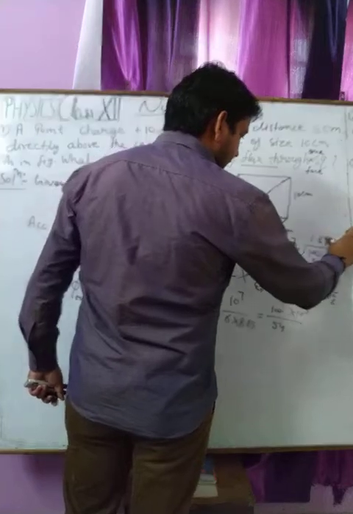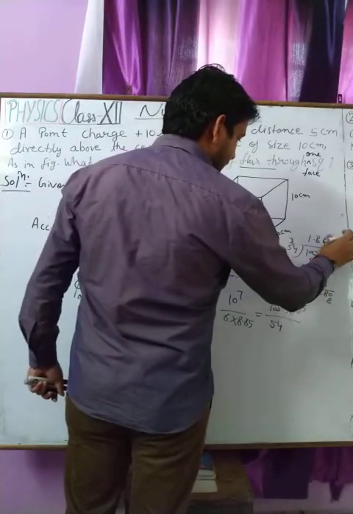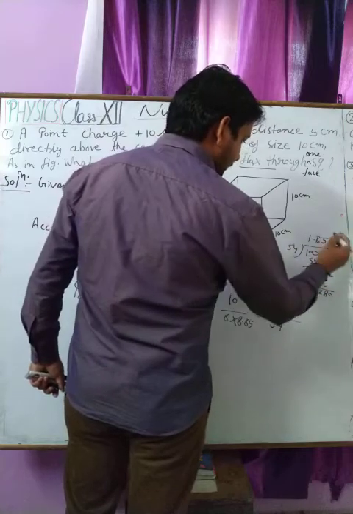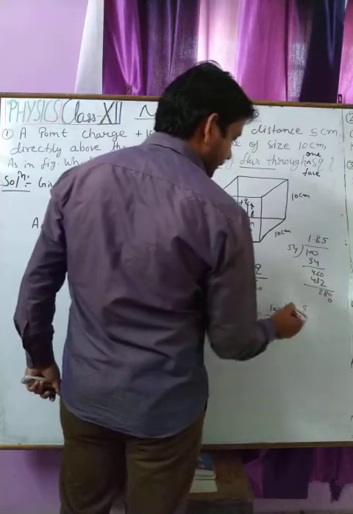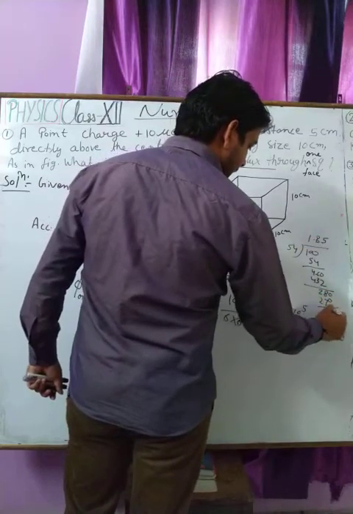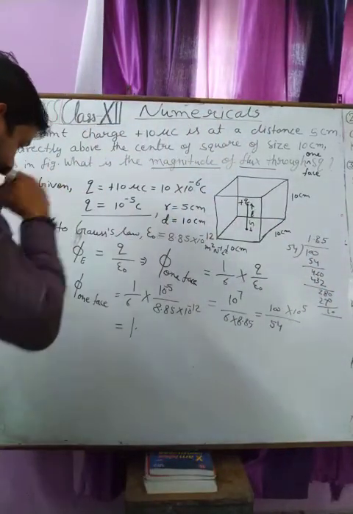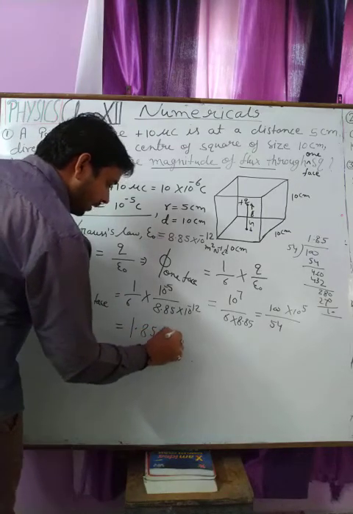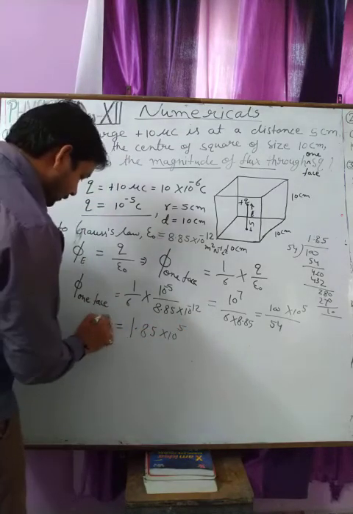It is larger, so it is 6 or 5. 5 times it is 270, and so we are finding the result is 85 into 10 to the power 5, and